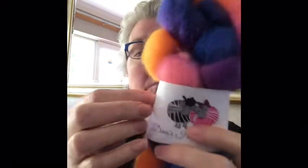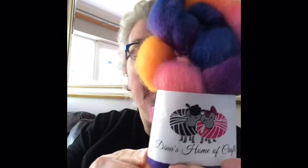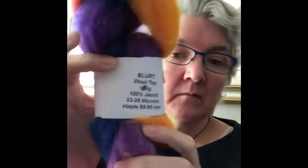So this was a braid of Jacob fibre. That was a bit of an extreme close-up, wasn't it? That my friend Adriana had sent to me through Dina's Home of Crafts. There we go. And the blurt is the colourway, I guess. So it's 150 grams, so it's quite a big amount. Anyway, I started and I'd spun one bobbin totally full and it was coming out really, really fine,